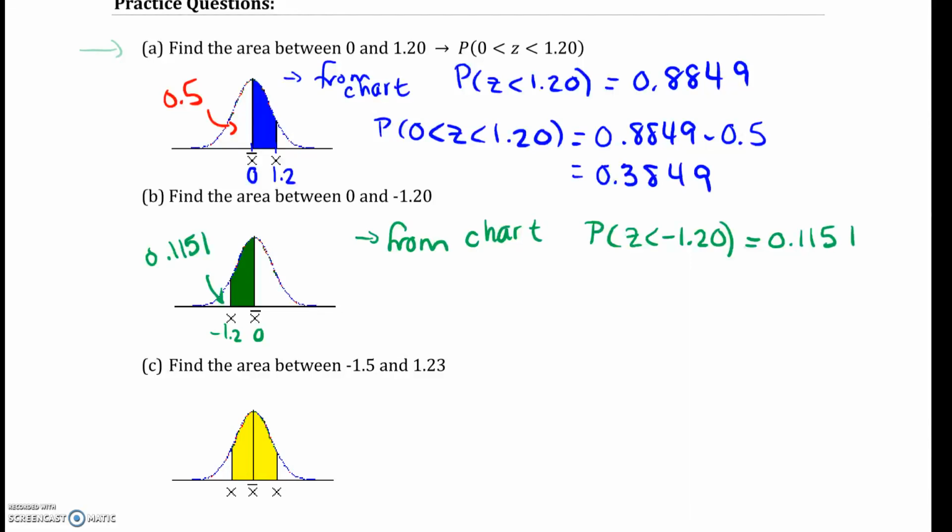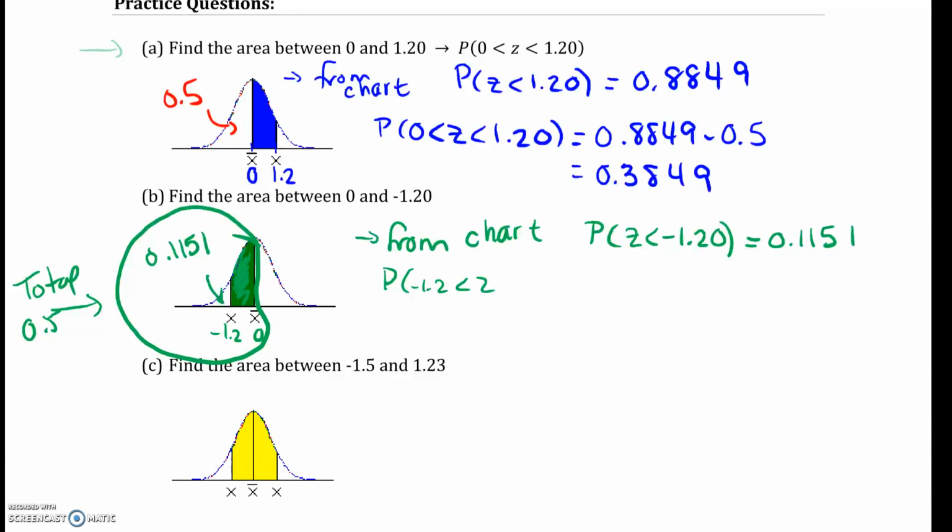Again, I know the total area on the left-hand side is 0.5. So that shaded area, that is what I'm trying to find, which is the probability that z is between negative 1.2 and 0, I could find by taking 0.5 minus 0.1151, and I get